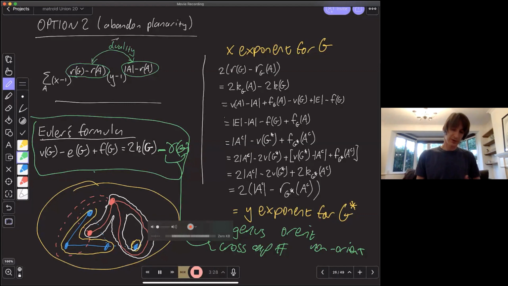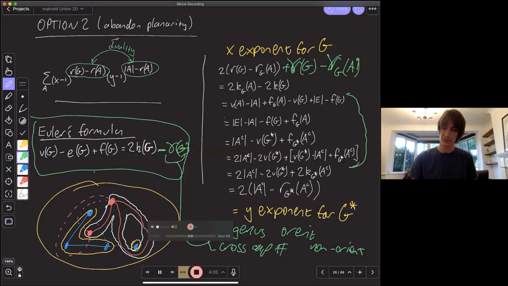And then what's happened? Well, the plane has Euler genus 0, so we've never had to worry about what happens to the gamma in all of this calculation. But if I go back to the calculation, I find that most of it just carries on fine, not worrying about this gamma, so how can I deal with that? Well, I could just bring them in at the start. So I could bring in a plus gamma of G and a minus gamma of G of A up here.